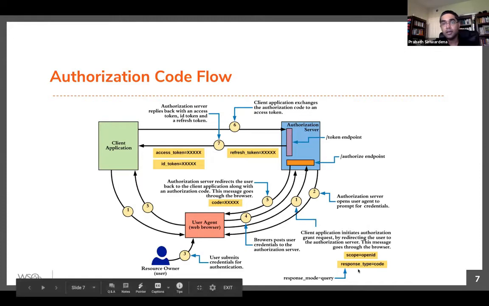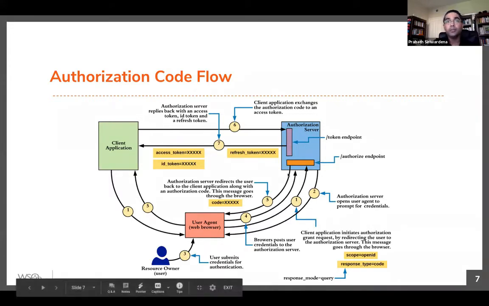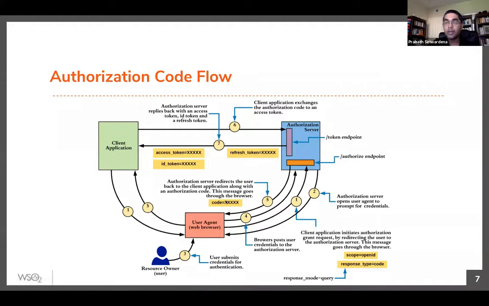Then again, as we discussed before, a response type defines what tokens you expect from the authorize endpoint. So if response type is code, then the authorize endpoint in number 5 should return an authorization code, right? Then the authorization server can return this code in multiple ways. You can send it in a query parameter, you can send it as a URL fragment, or else you can send it as an HTML form post, right? These are the common ones.